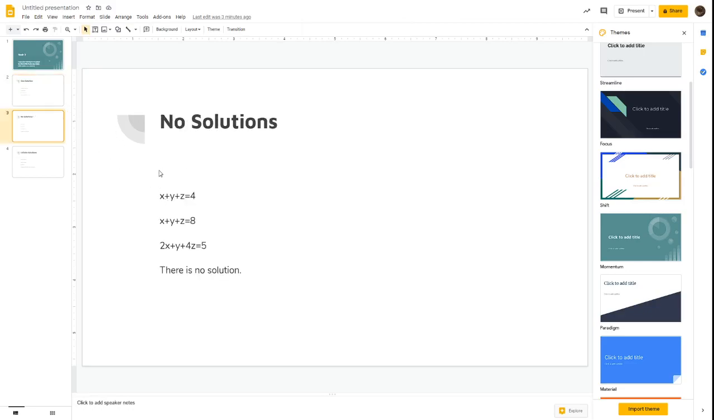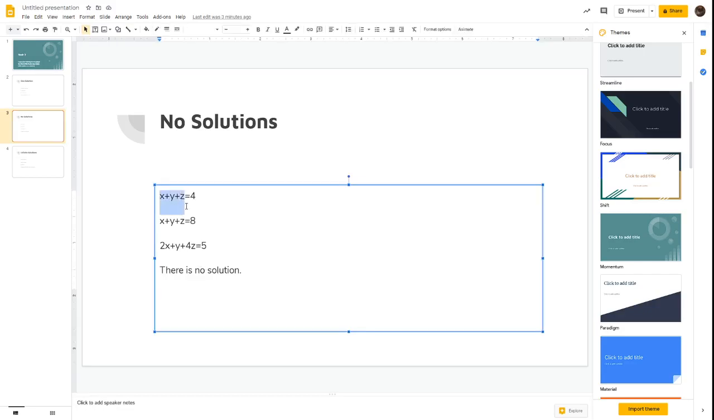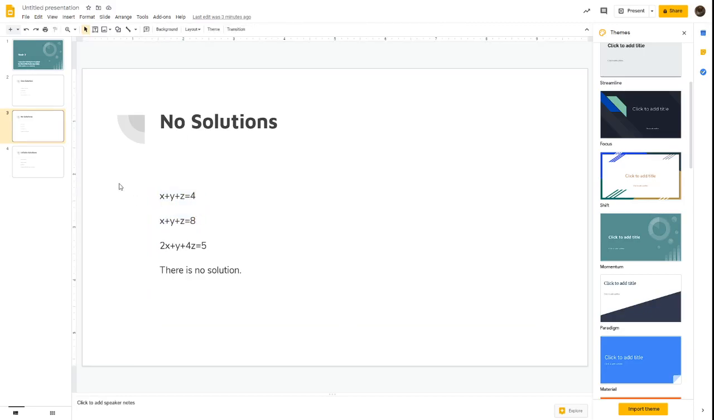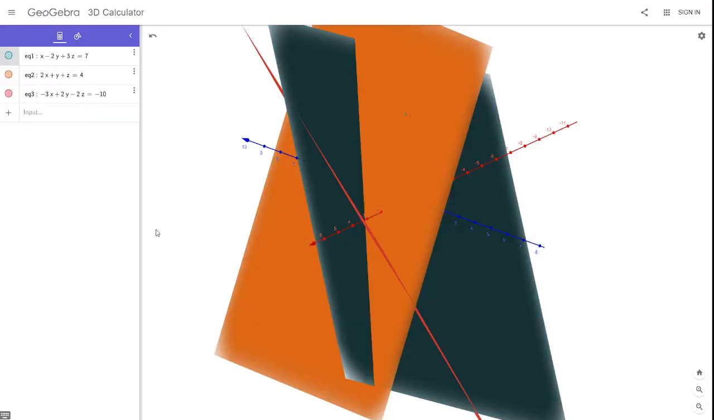Okay, so for x plus y plus z equals 4, x plus y plus z equals 8, 2x plus y plus 4z equals 5, there's no solution. And then we know this just algebraically by looking at these two, right? So they are on the same slope, but in different spots. So if we look at how this applies to a graph,